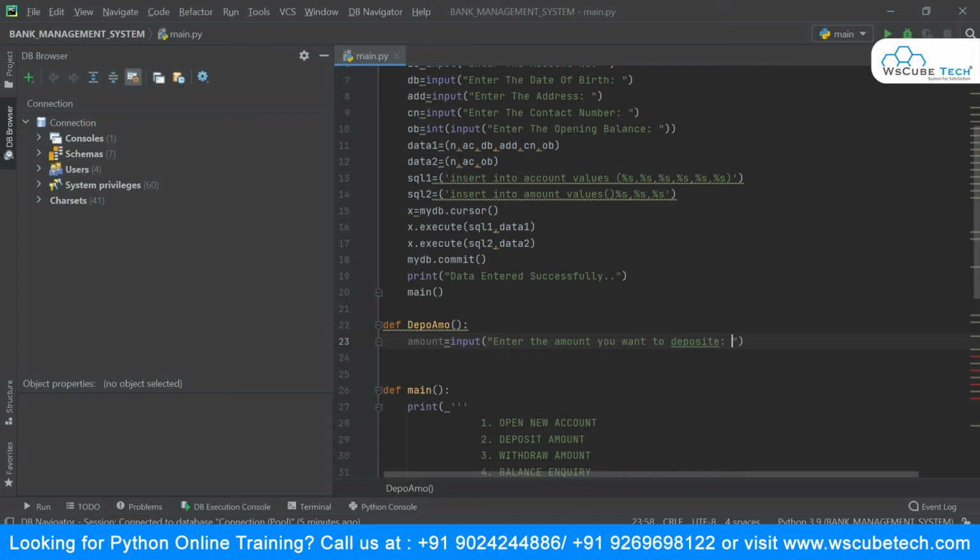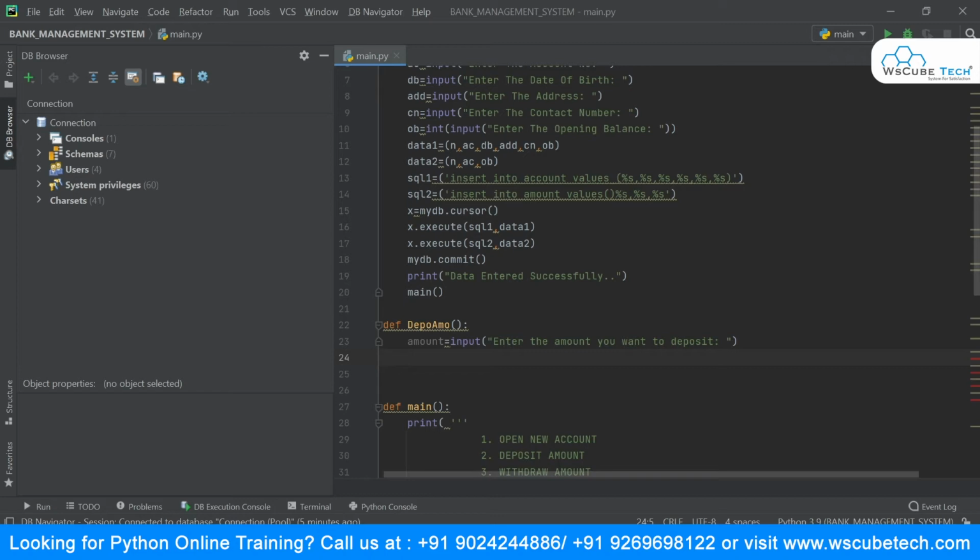Okay. So we'll ask for the customer's account number, because whatever amount the person is giving us, we want to put that into that particular record only, that particular account number only.